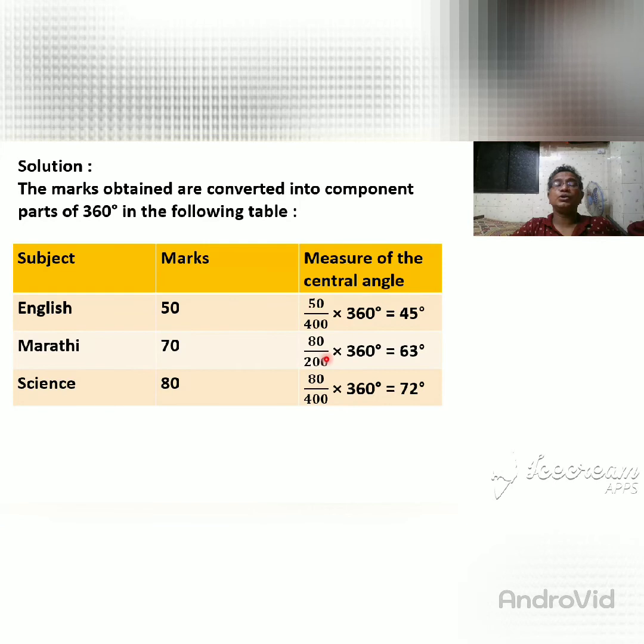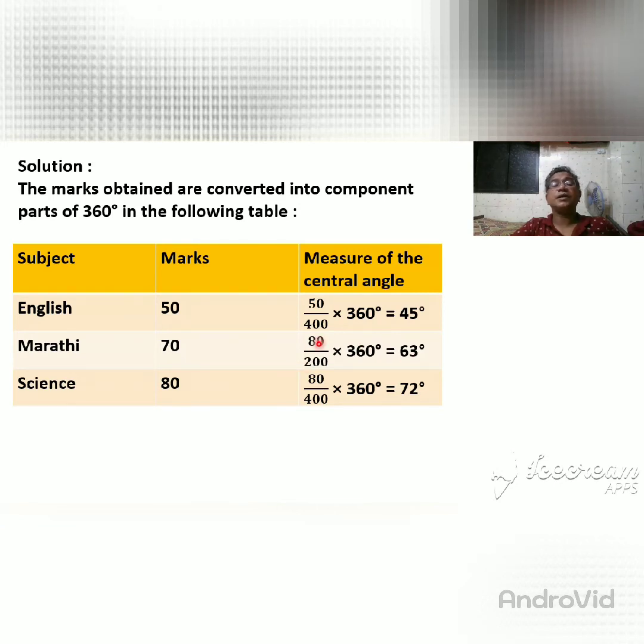Then this 0 cancels. 2 ones are 2, 2 fours are 8. See how I solve this problem. This 0 cancels. Then this 0 cancels. Here 2 ones are 2, 2 threes are 6. Here 3 minus 2, 1 remains, 8. So 2 eights are 16. So you are getting 18. And here is 7. So here you get angular measure 63.